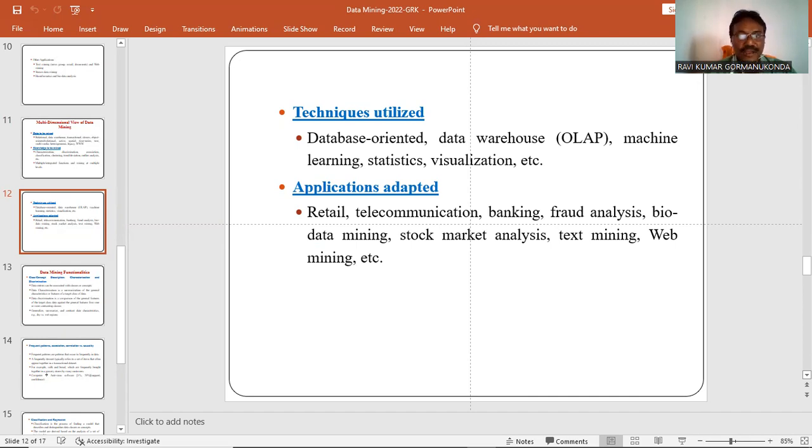Data mining is applied in different cases. That is why data mining is an interdisciplinary field for finding patterns, and these patterns are useful for decision makers.